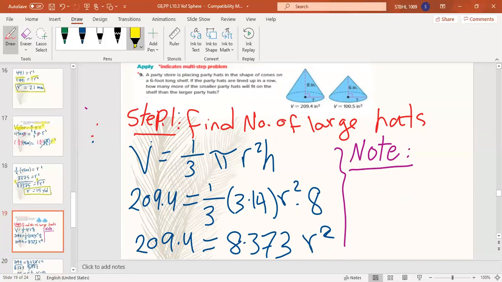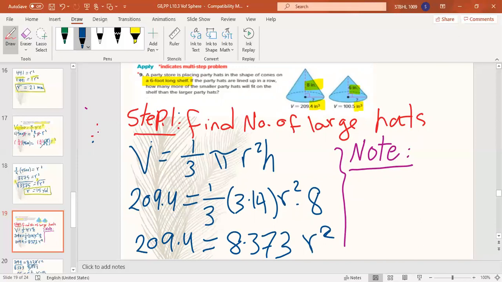A party store is placing party hats in the shape of cones on a 6 foot long shelf. And look at the unit on the given figure. It's inch, inch, and cubic inch. So I need to convert the